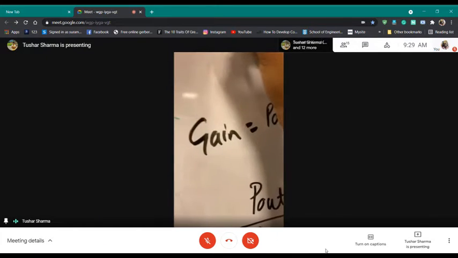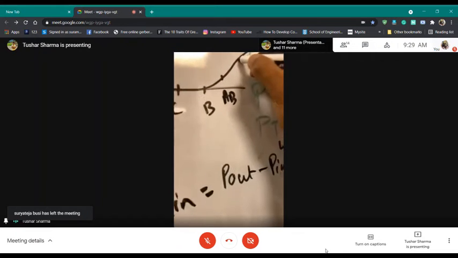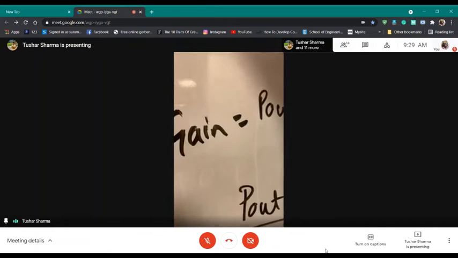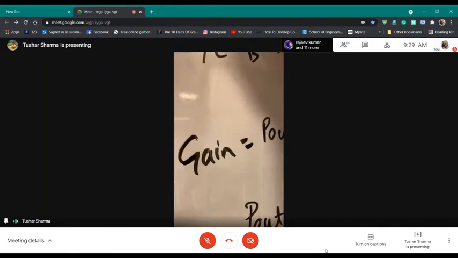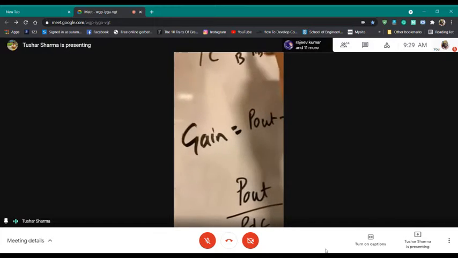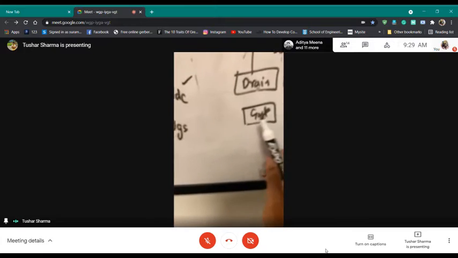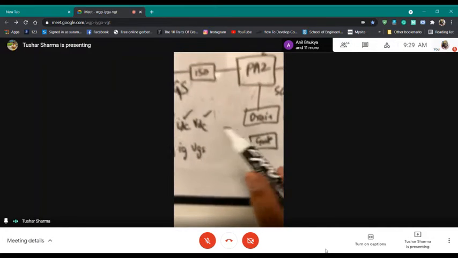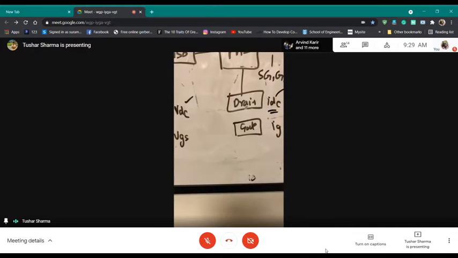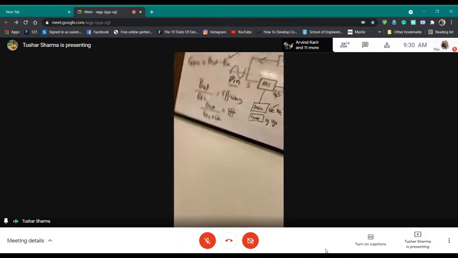Say this is class C, this is class B, this is class AB, and this is class A. As you move like this, your efficiency decreases, but your linearity increases. And that's why we always try to operate at class AB condition, which means I will try to change my gate such that my drain draws a little bit of current, like 30-40 milliamperes. Okay, so this is what exactly that setup is.